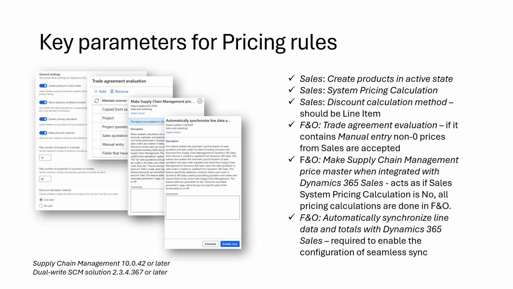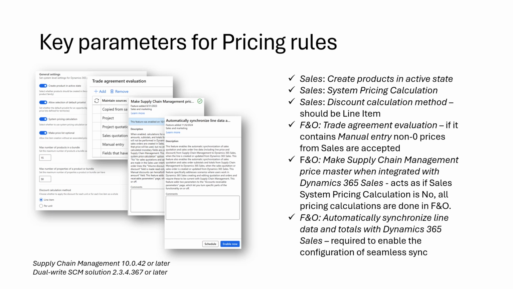In sales, create products in active state. If set to no, then the products that are synced from supply chain management will have a draft status and will need to be activated in the sales app. The sales discount calculation method should be line item when we integrate with supply chain management pricing to avoid rounding issues. The F&O trade agreement evaluation, if it contains manual entry, then non-zero prices and discounts from Dynamics 365 Sales